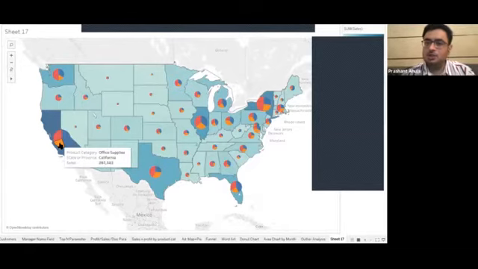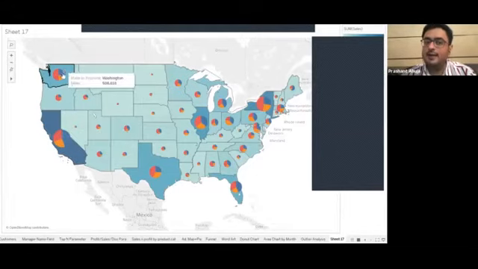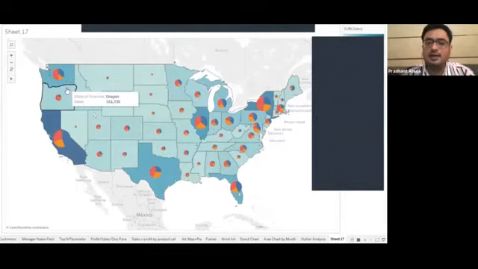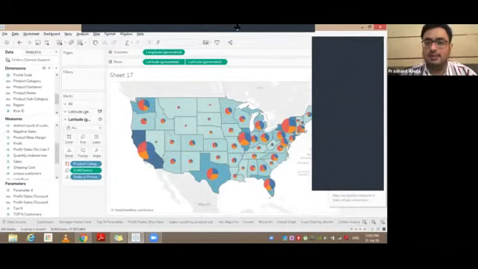In the previous sessions, you must have learned from various resource persons how to create a chart, how to create a map, and how to create a pie chart differently. But here we are overlapping the two. We are making it more analytical, and that is what this session is called, advanced visualization techniques.